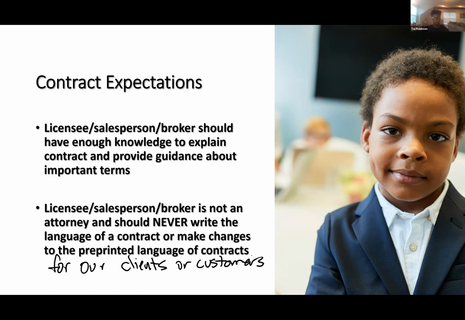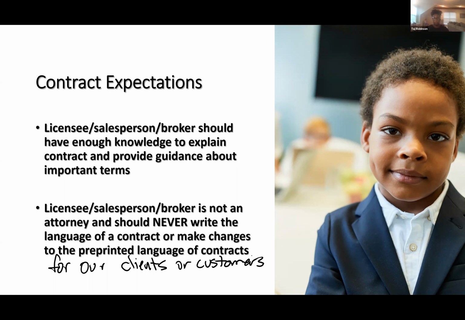So Howard hands the pen over to the buyer. And the buyer, right before they cross it out, looks at Howard and goes, do you think 10 days is good or should I put 12? No, that's advice. Can't advise him. Not only can Howard not make the change, Howard can't give them advice about a change they should make to that language. Does that make sense for everybody?